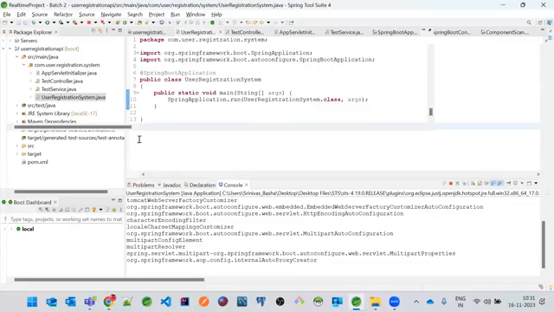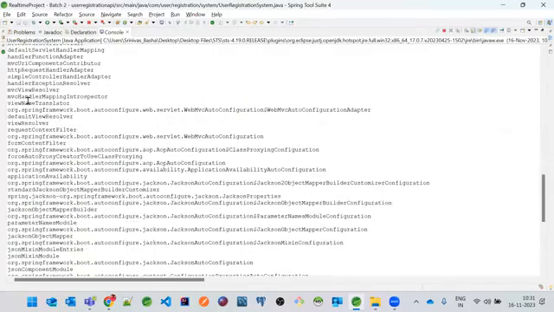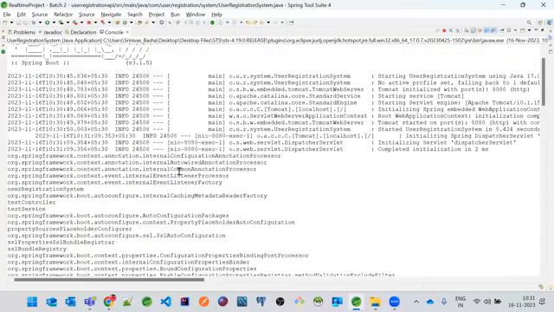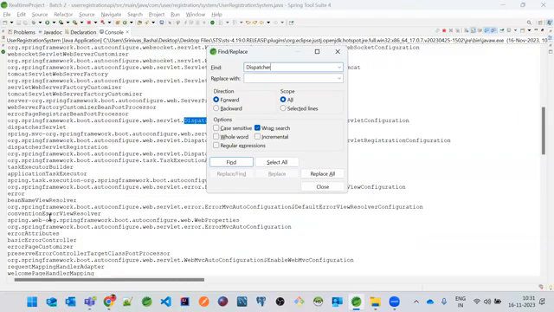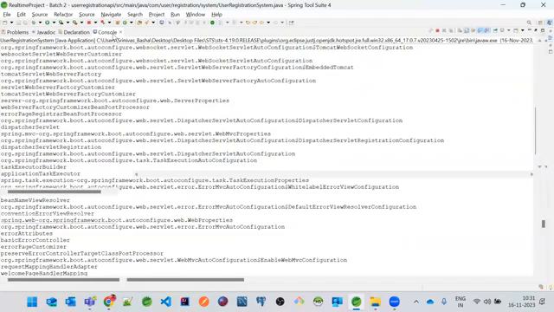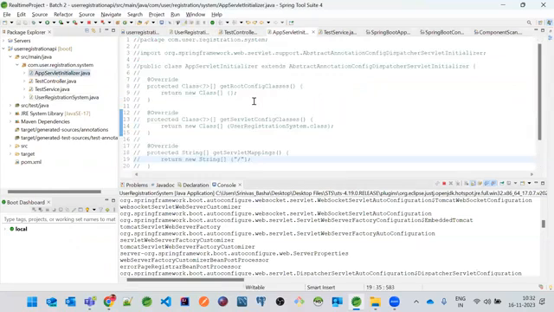And if you see here, there are so many classes that are created behind the scenes. See here, the internal configuration annotation, the same process, user registration system, test service, test controller, and a hell of a lot of things. It has also created servlet auto configuration and dispatcher servlet. We have not written this class, but still it is initializing it. Got it? Okay, so that's the total idea.